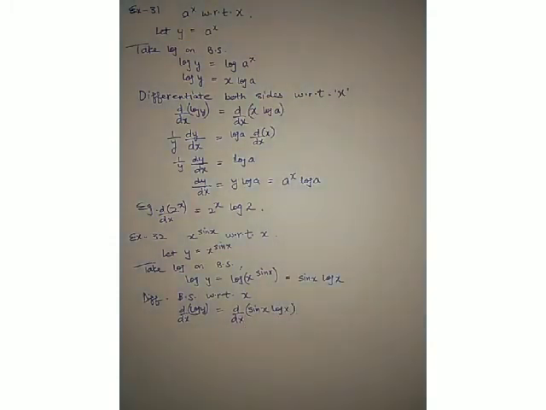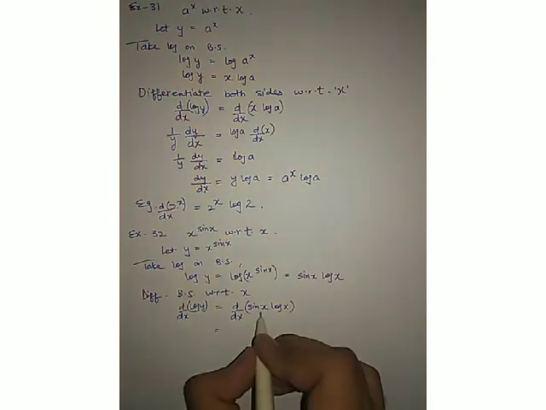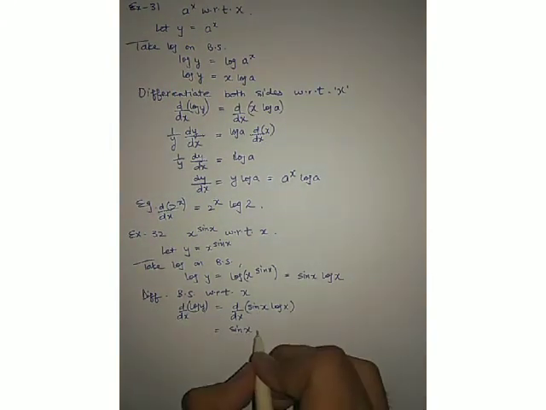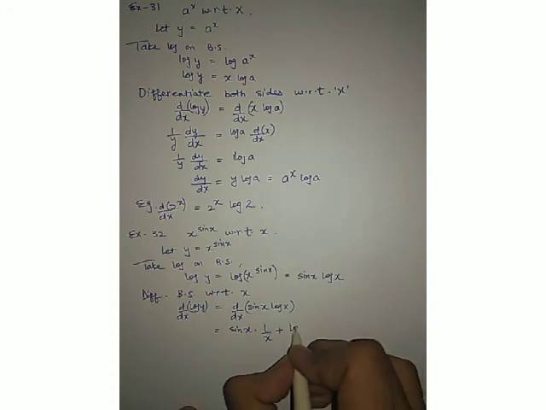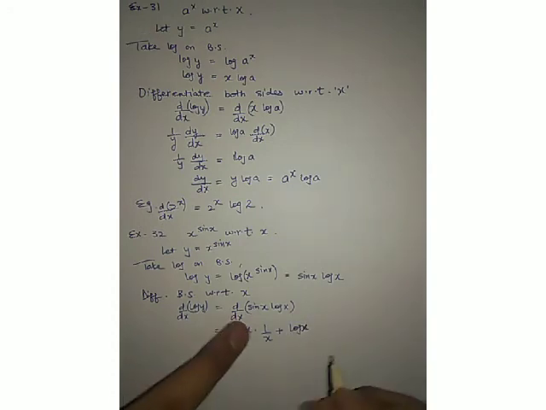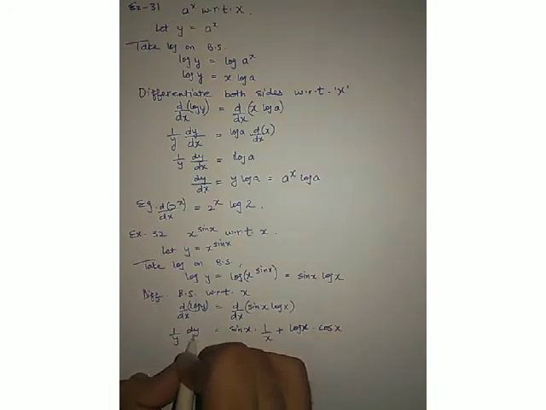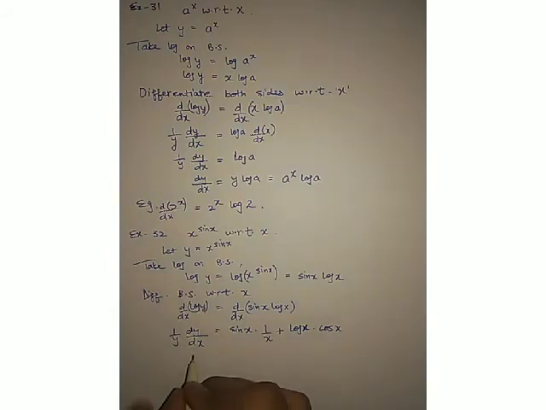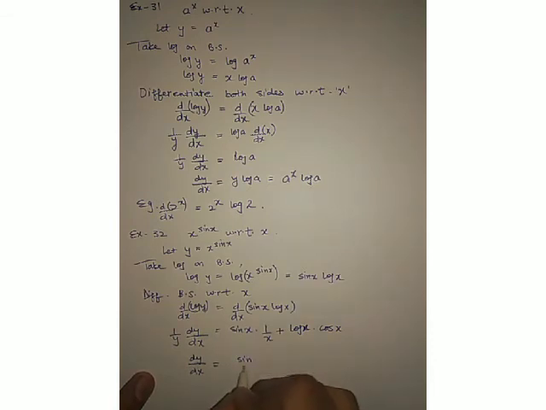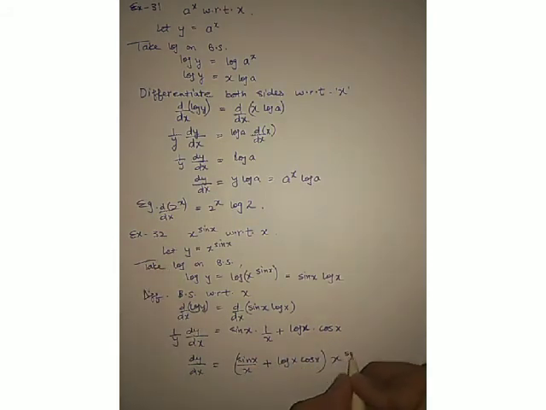Now these both are variable functions and therefore the u multiply v rule will be applied. So firstly u, differentiation of v. Now differentiation of log x is 1 upon x, then plus v, then differentiation of u. Now sine x differentiation is cos x, and here 1 upon y dy upon dx. We have to find dy upon dx, so y will be multiplied by the result on the right hand side. So you will get sine x upon x plus log x cos x, multiplied by y. What is y? x raised to power sine x. So this is how you can differentiate these kind of functions.